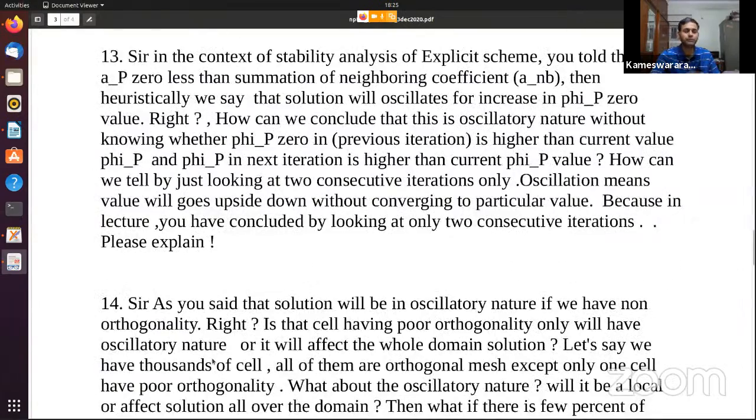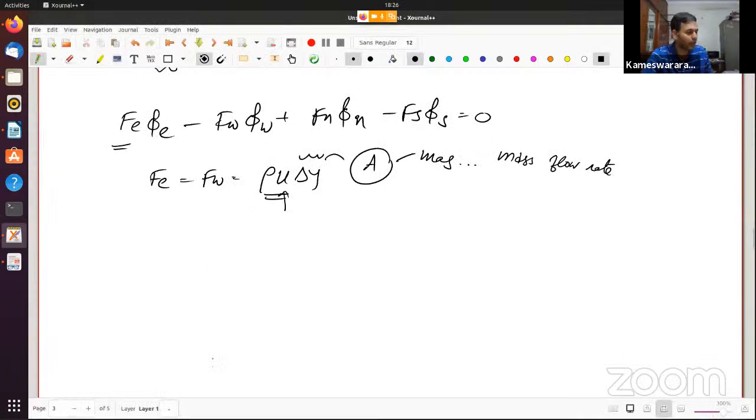All right, moving on to the 13th question. In the context of stability analysis of explicit scheme, you told that if AP0 is less than the summation of the neighboring coefficients, then heuristically we say the solution will oscillate for an increase in phi P0 value. How can we conclude that this is oscillatory nature without knowing whether phi P0 in the previous iteration is higher than the current value or not? How can we just tell by looking at two consecutive iterations only? Oscillation means values will go up and down without converging to a particular value. That means the question is related to the values of the